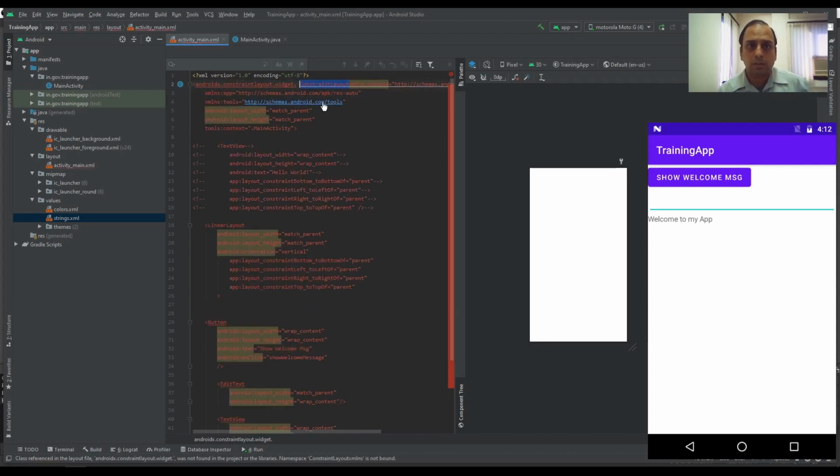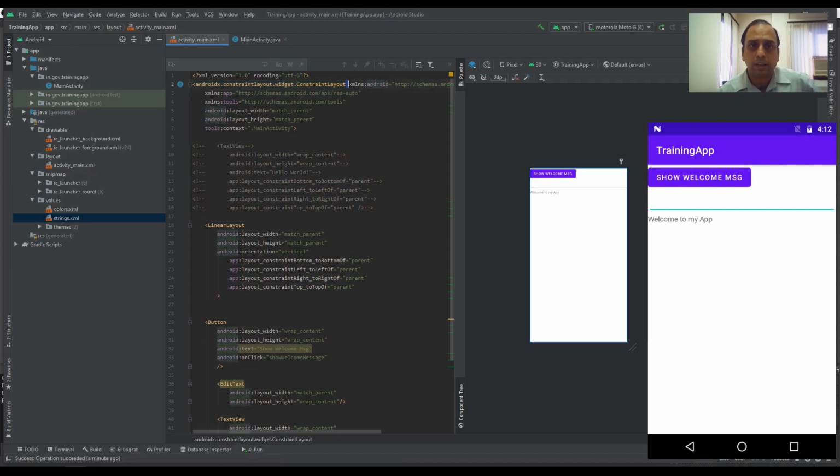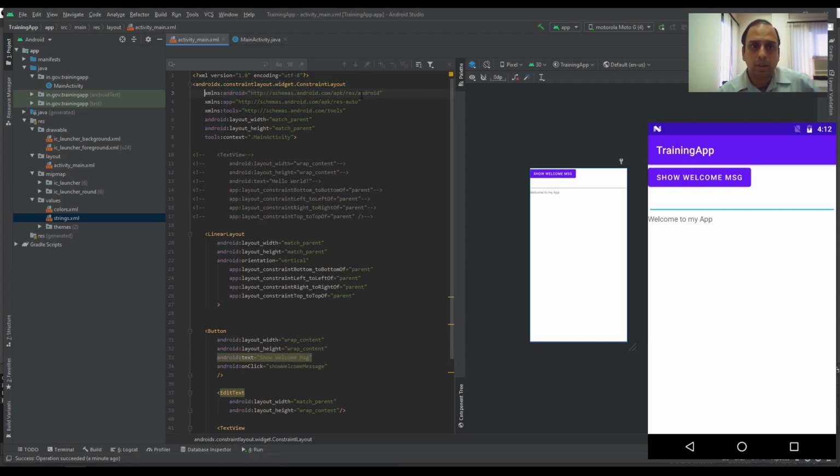Then these are again dependencies: the HTTP scheme and schemas.android.com, then apk, res, android. This is a kind of dependency which is downloaded from the internet in real time.